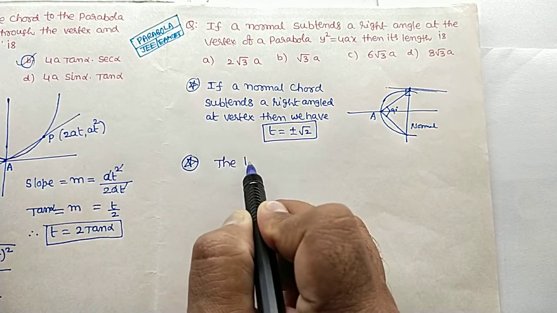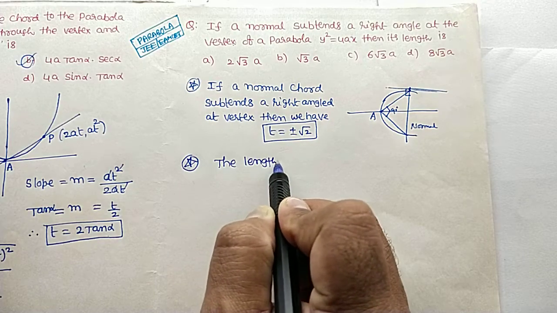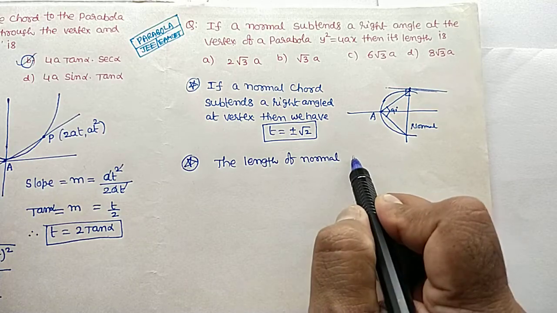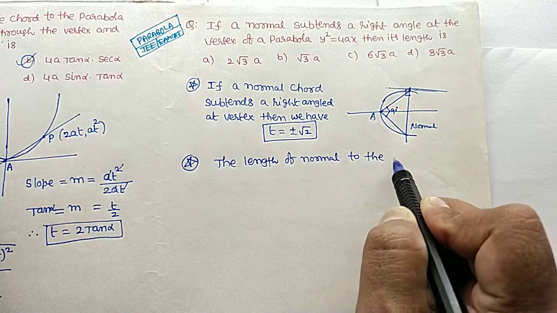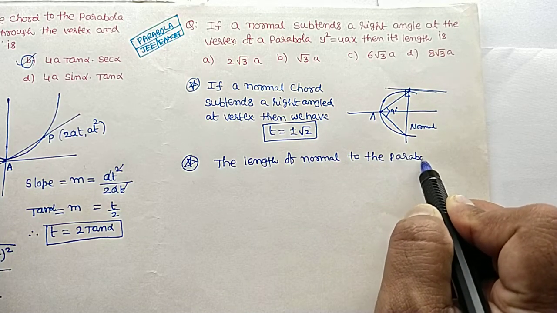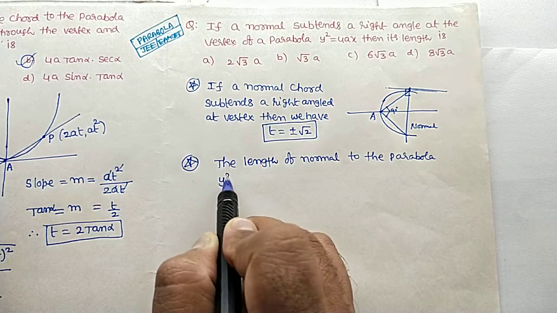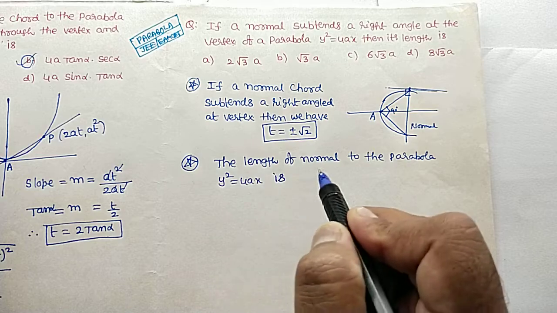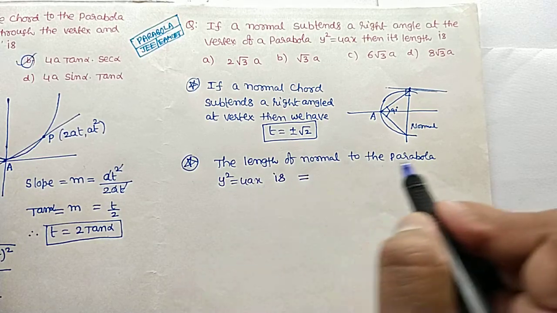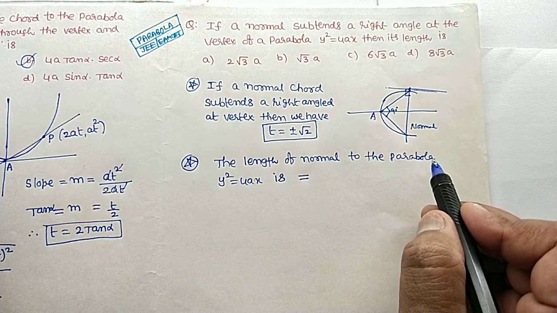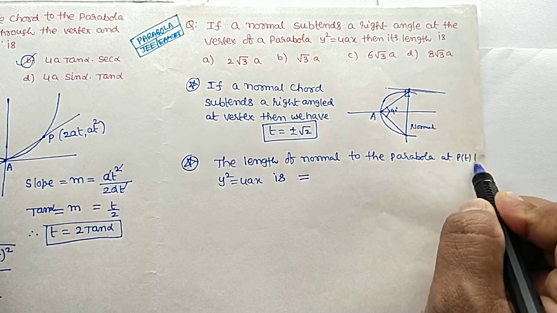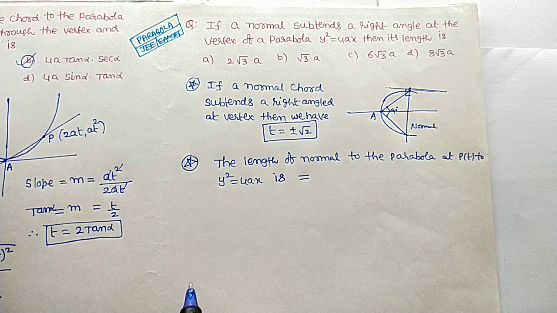The length of normal to the parabola y square equal to 4x is generally the length of normal to the parabola at the point P of t. At P of t to the parabola y square equal to 4x is